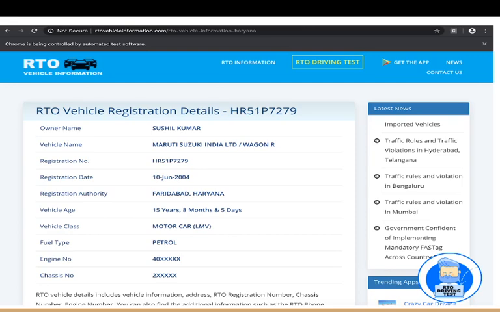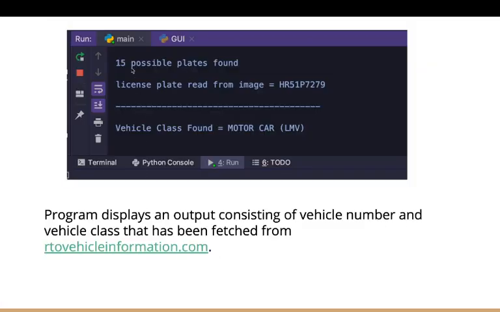Here you can see that we've automated a test software, and then we have found every bit of information about the vehicle by only using the registration number. You can also see that our program has found the vehicle class, which is the motor car, and using this information we can automate the toll collection.